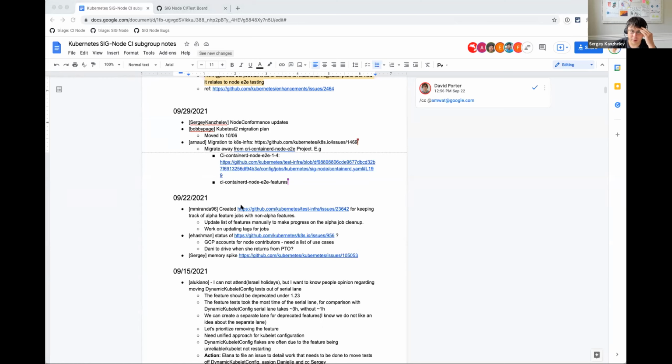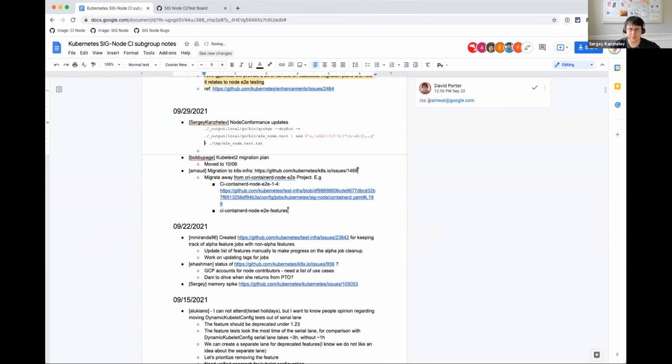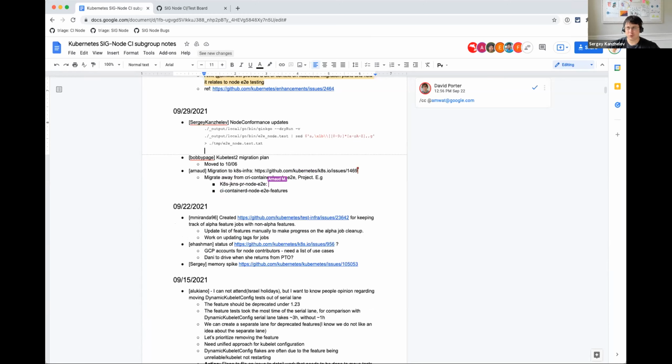So I ran a dry run for Ginkgo, something like that, and then I got some output, and then I wrote a small Go program that parses out all the tests. I originally put it in CSV, but then I didn't like it because I didn't put all the fields separately. So now I will change it and just make a column for every tag, and it will be easy to analyze.